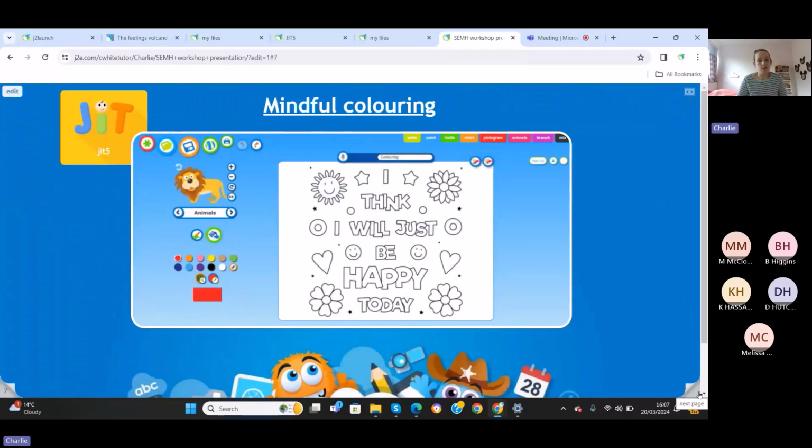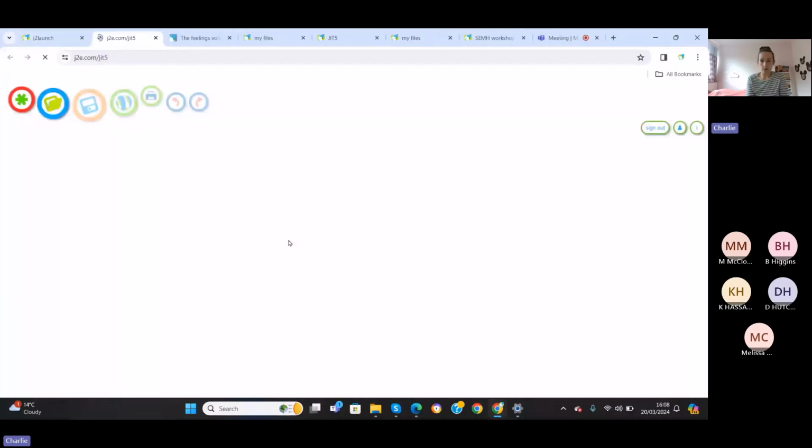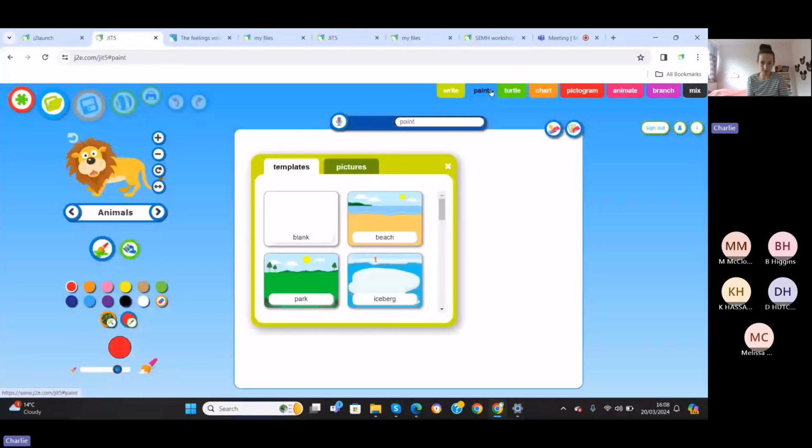The last kind of activity we're going to look at in depth today, and I think we're going to have a little bit of an early finish today, is you have the ability to create colouring sheets for yourself. There are some colouring sheets in the library already, but you can create your own colouring sheets for children, or children can create their own colouring sheets in Paint, in JIT, and I'm going to show you now how you can do that. So if I open up JIT and go to Paint,